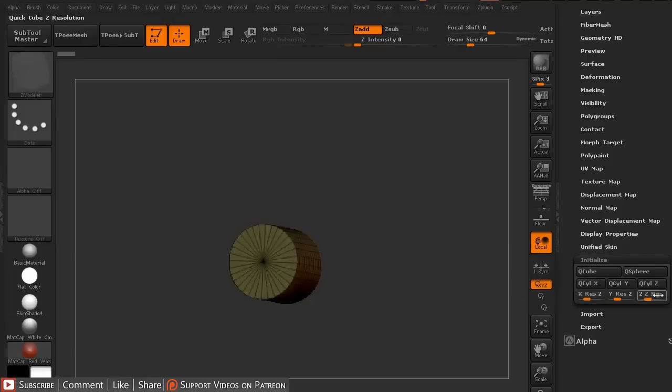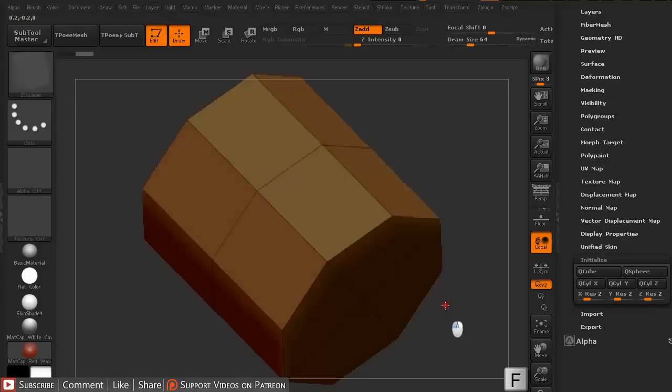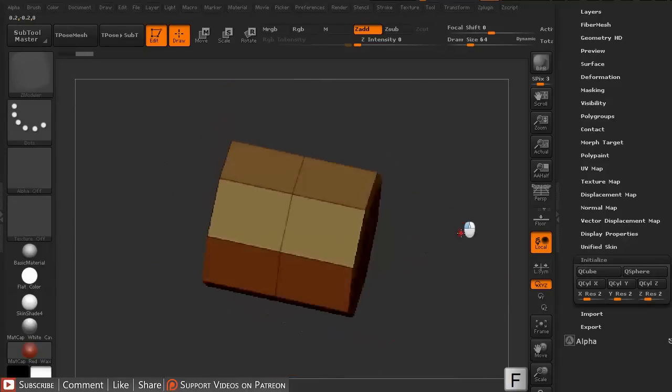I'm going to leave this as it is. As you can see, you can set the resolution of the newly created objects. Just play around with the settings and you will get a picture of what they are for. So I'm just going to use Q cylinder on the X value, press F on the keyboard to frame it,